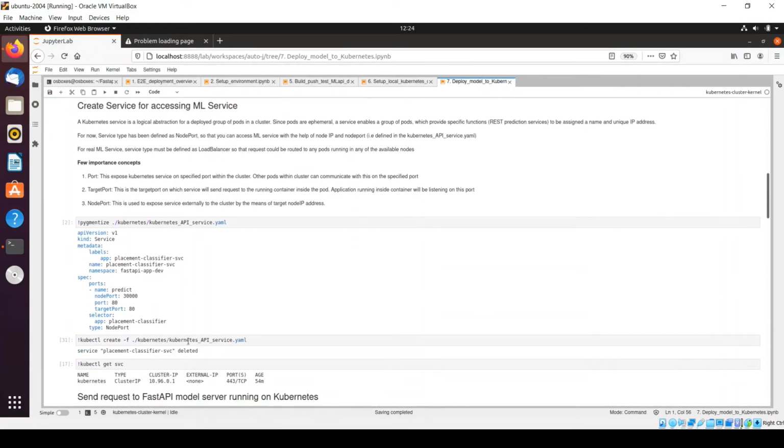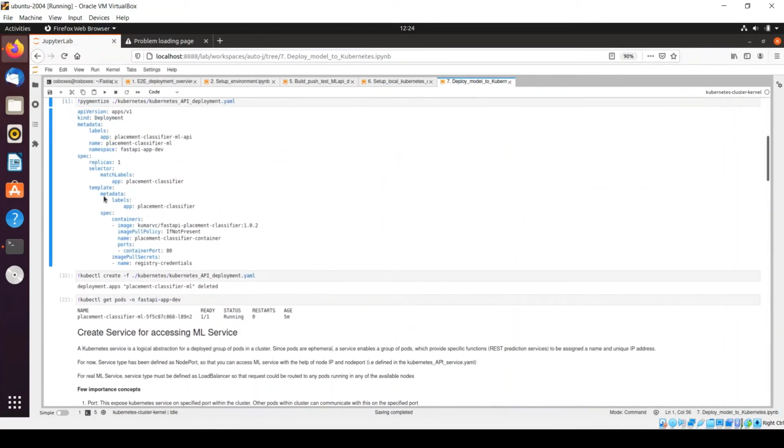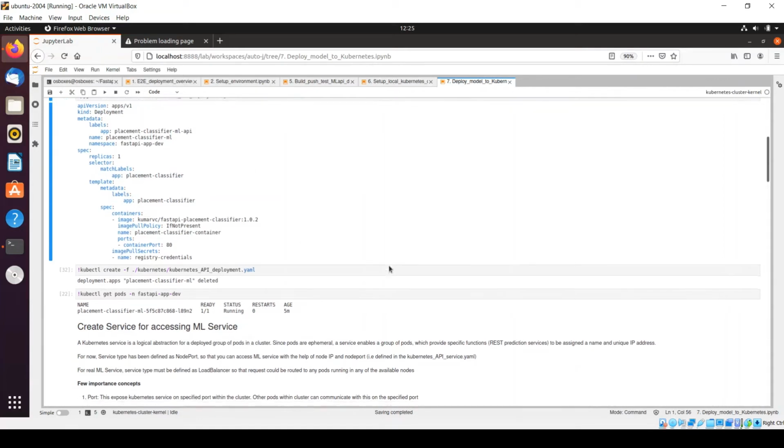Okay. So now we have understood the concept of this label definition. And we'll discuss what the meaning of this match label is once we deploy our deployment artifact, and then we'll come back to this definition.